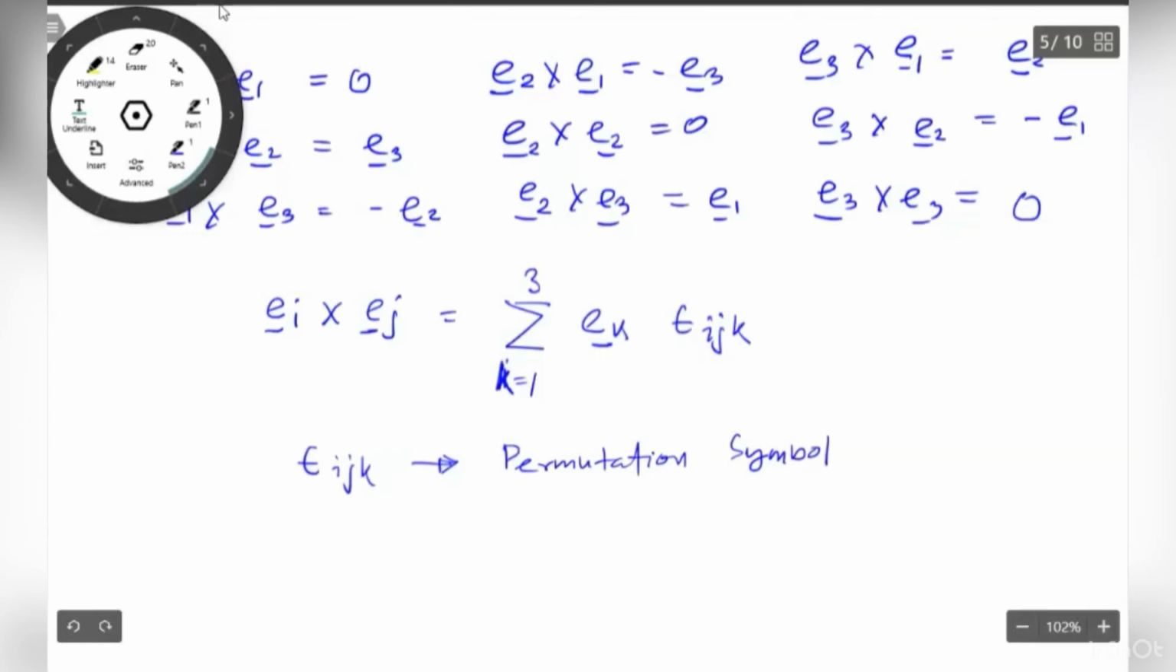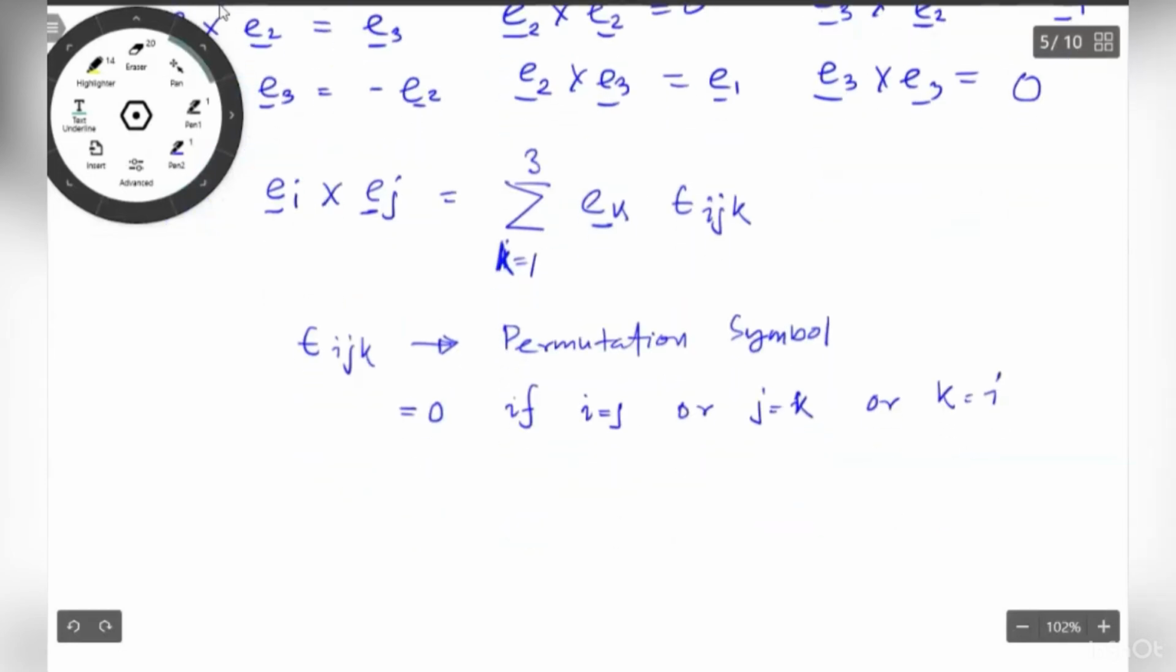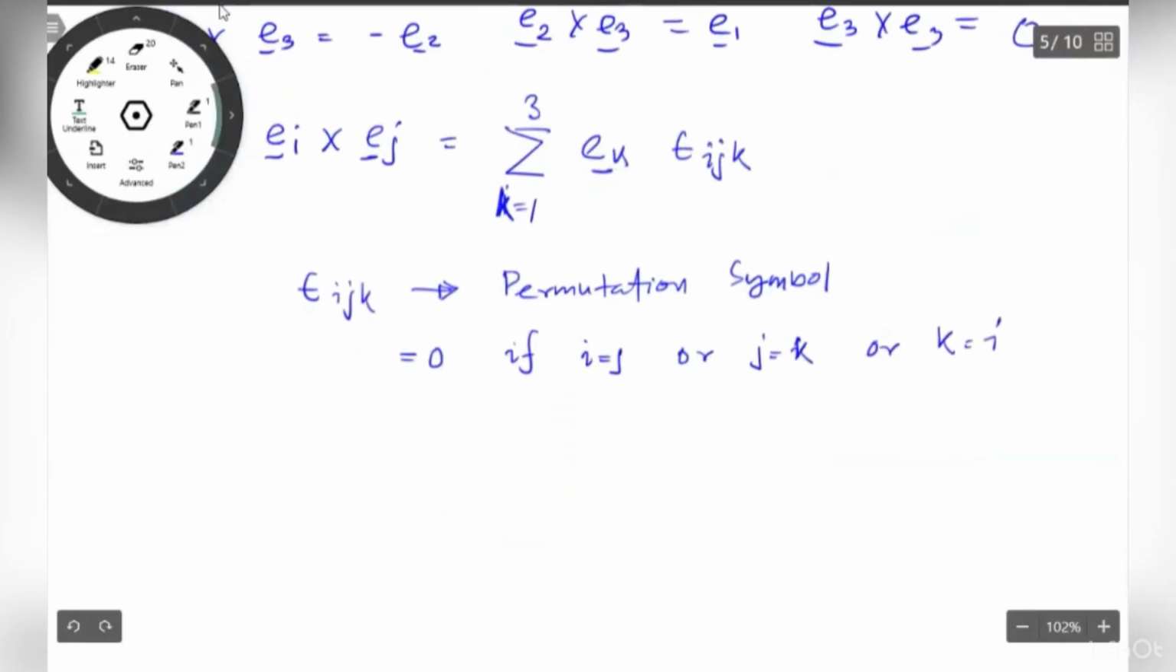Okay, so epsilon ijk is equal to 0 if either of two indices are the same: if i is equal to j, or j is equal to k, or k is equal to i. We will go back to this, don't worry. This is equal to 1